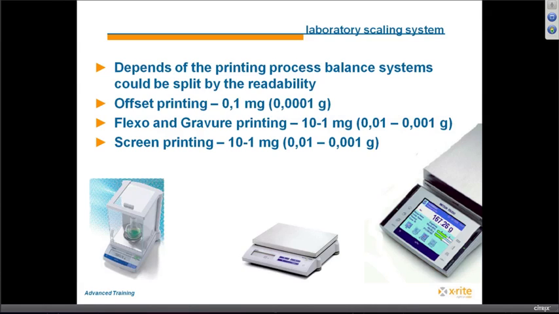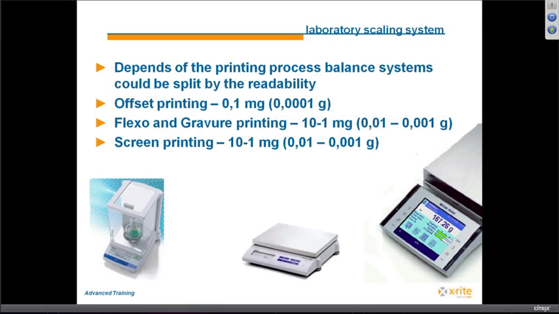This is why we do recommend to have 2 grams for offset, and this is why it guides us to the very precise scaling system. It's 4 digits after the comma in milligrams, so it's 0.1 milligram precision. For flexo and gravure, especially for flexo, where we print with alcohol-based inks,